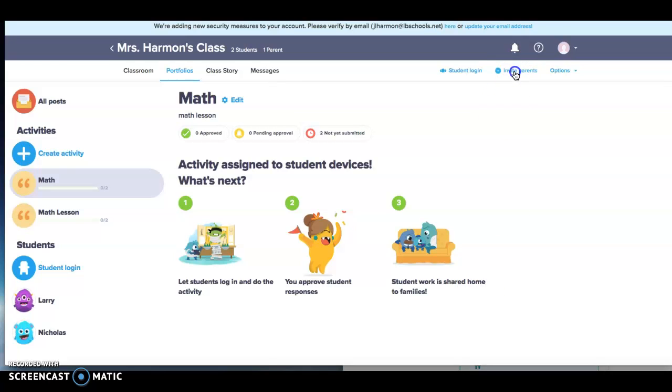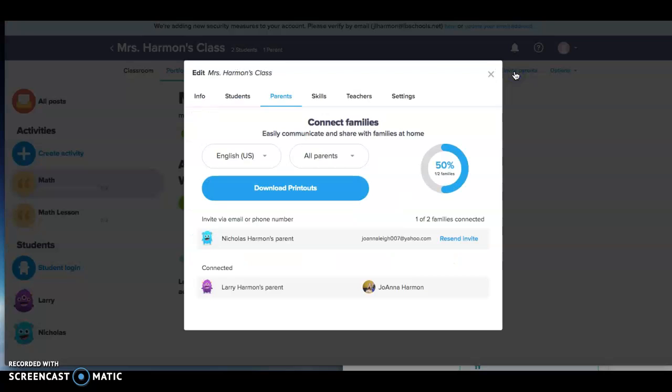Another big reason I plan on using this is so I can use it to communicate with parents. I've never used Class Dojo, but I was a parent who got messages from Class Dojo, and it's really nice and efficient. So what I did was I signed up as Larry's parent, and what's really neat about that is